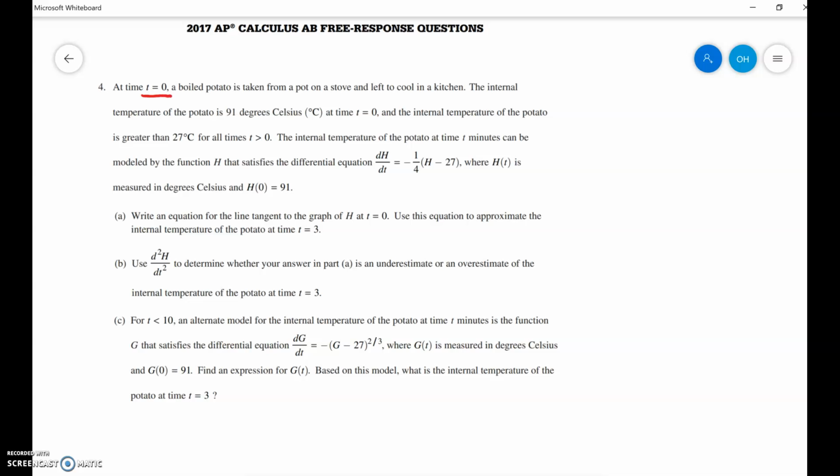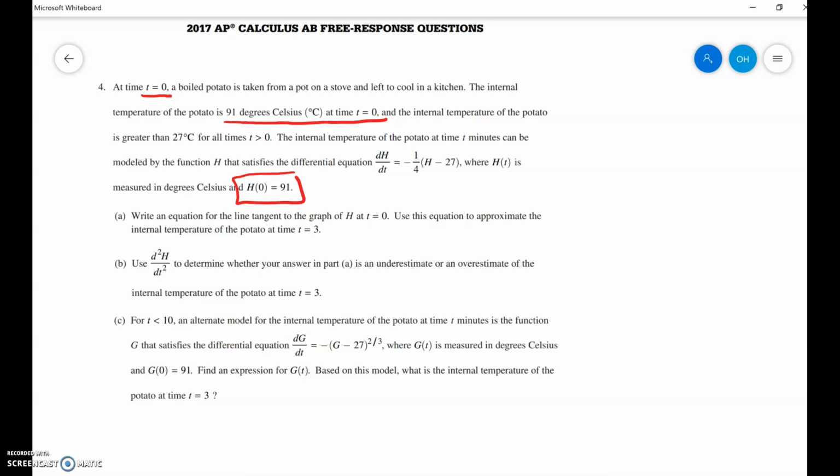So at time t equals 0, we have a boiled potato taken from a pot that's left to cool in the kitchen. The initial temperature is 91 degrees at time t equals 0. So that's the initial condition, which they also mention down here again. And the internal temperature of the potato is greater than 27 degrees Celsius for all times greater than 0. The internal temperature of the potato in t minutes can be modeled by this function h that satisfies the differential